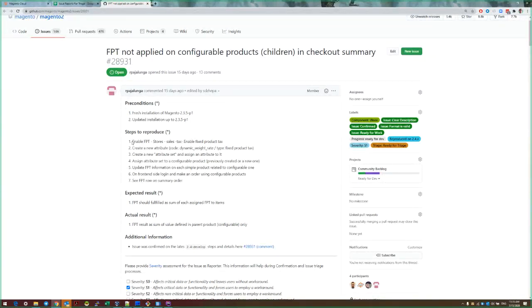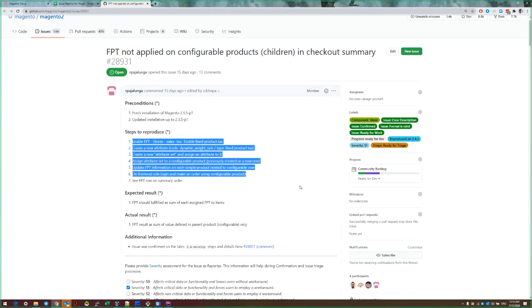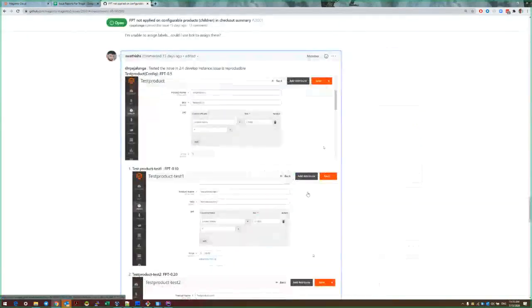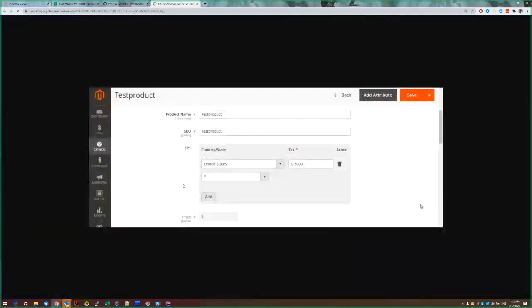Steps to reproduce. Firstly, we created an FPT attribute and enabled its tags. Add this new attribute to the product attribute set, and try to apply it to the configurable product. Now let's see the pictures. First picture, it's our parent configurable product. As you can see, we have applied FPT tags with some